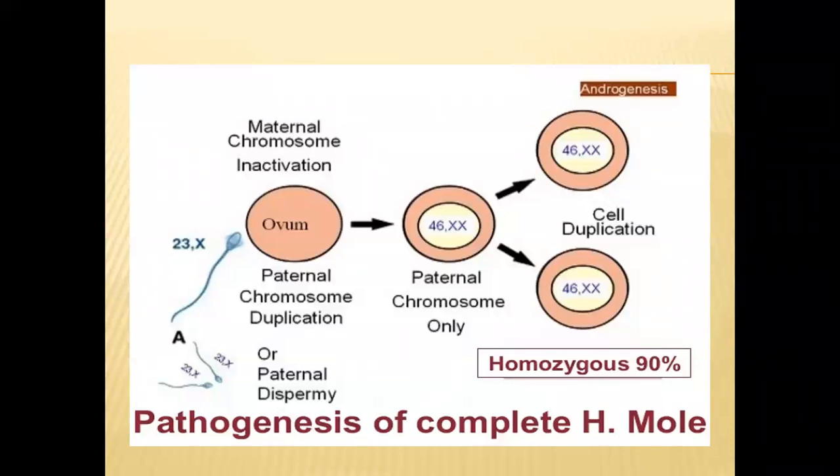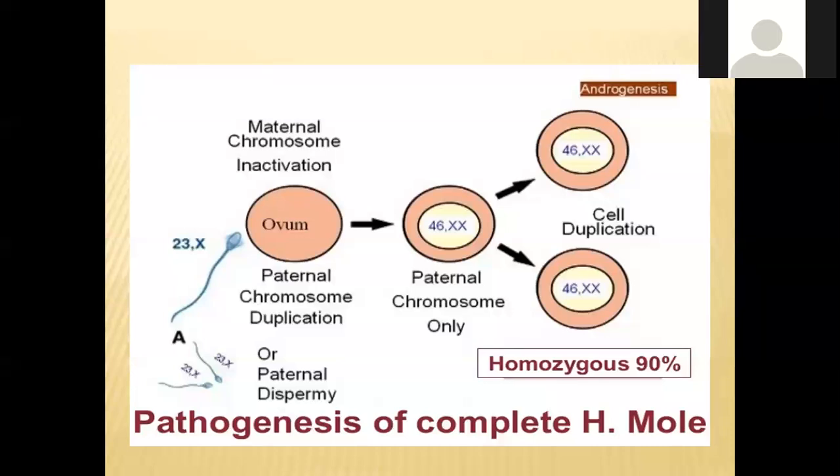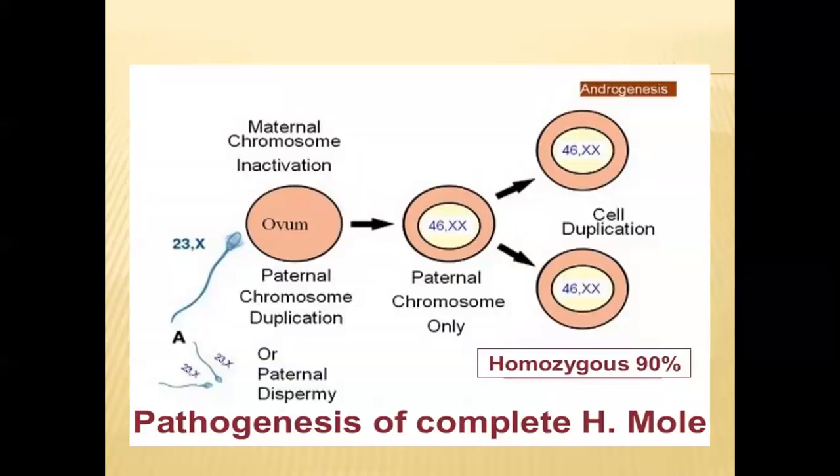So it can change into the 46XX, 46XX and 46XX, या यहाँ पर मिस्टेक है 46XY, सेल डुप्लीकेशन होगी। तो इसमें कोई maternal part नहीं होगा, only paternal part होगा। ये complete मोल है, only the uterus is filled with mold, there is no fetus present in this condition, और ज्यादातर the uterus is filled with molds which contain fluid filled spaces।